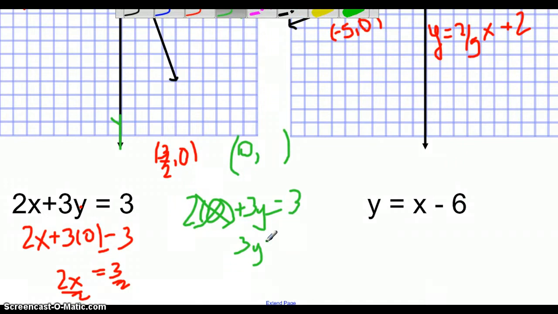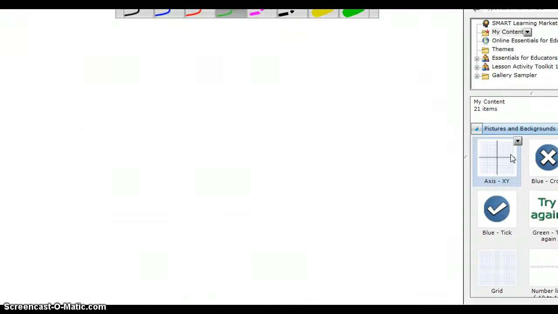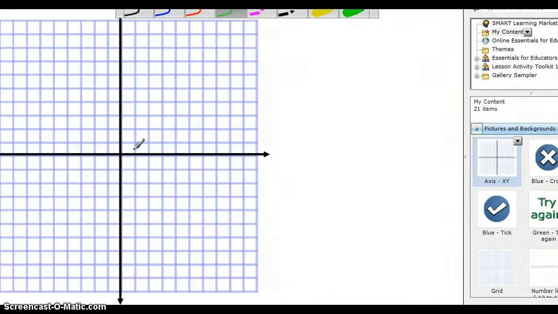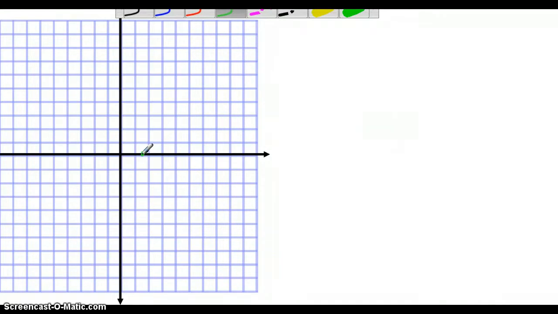Catching my mistakes now, it's better, right? All right, and then we divide by 3. And so my y-intercept is 3 over 3, which is 1. Okay, so this line, if we were to graph it, has an x-intercept at 3/2, which is 1.5, and a y-intercept of 1,